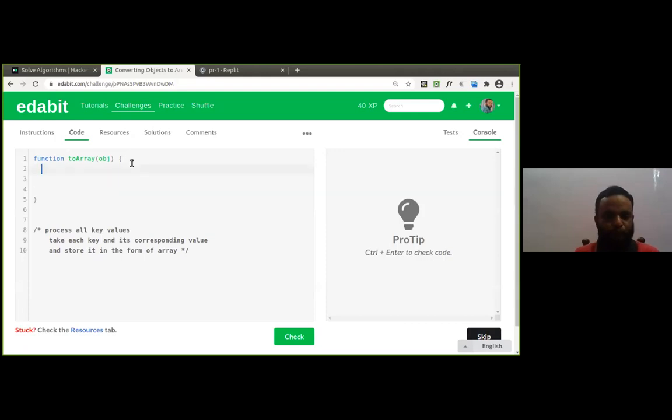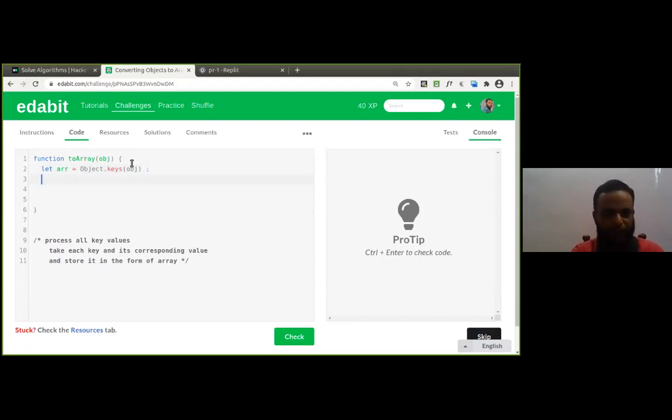Yeah, let's break it down in an easy form. Say we have an array comprising all the keys. So how are you going to get it? Object.keys of your object that is given, isn't it? So this will give an array. Now we have to take each value.